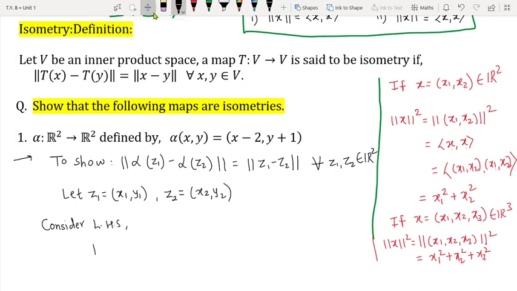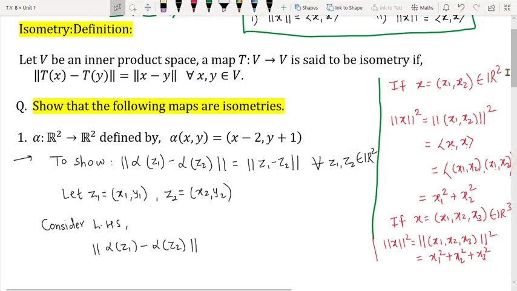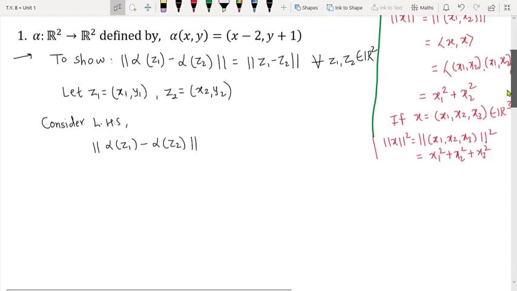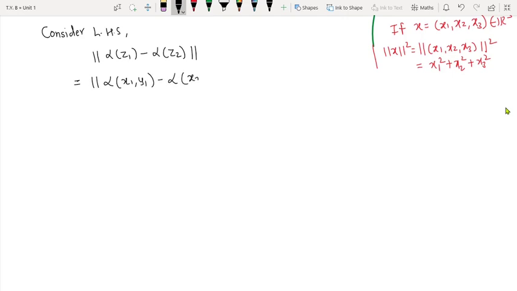What is my LHS? Norm of alpha z1 minus alpha z2, which is further equal to, let us put the values of z1 and z2, norm of alpha Z1, which is x1 y1, minus alpha of z2, which is x2 y2, which is further equal to norm of,